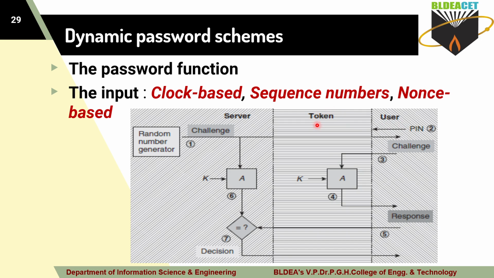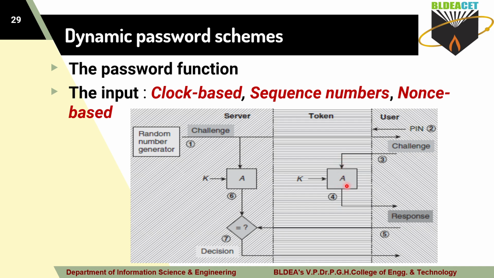So now with the help of this token you will take this input, and that input is the challenge here. Once the token is activated, this challenge you are taking as an input to the token, and in the token that is the password function. What is the token here? Password function. So for the password function you are using the challenge as an input, and it sends the input to the encryption algorithm.